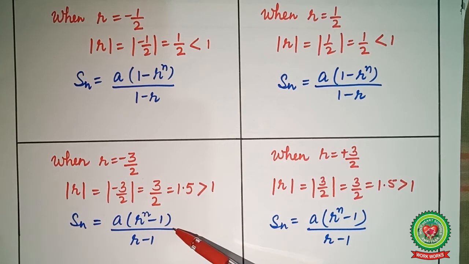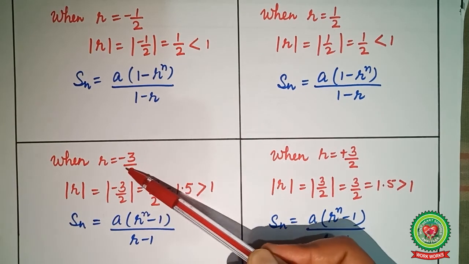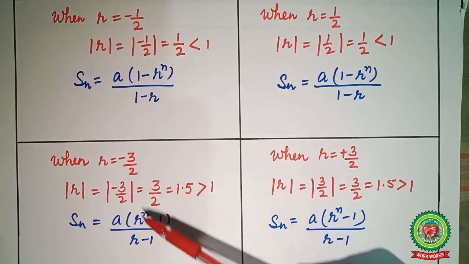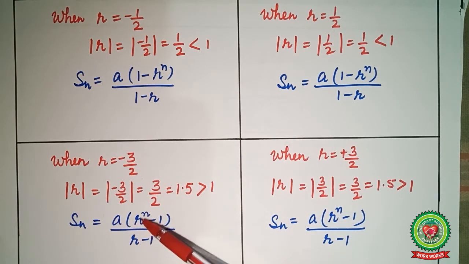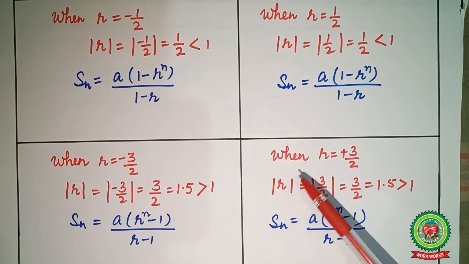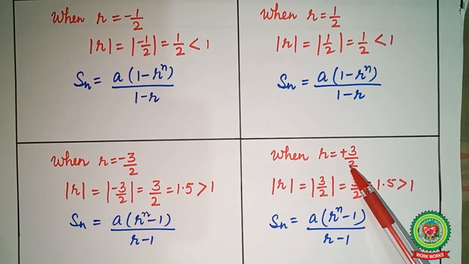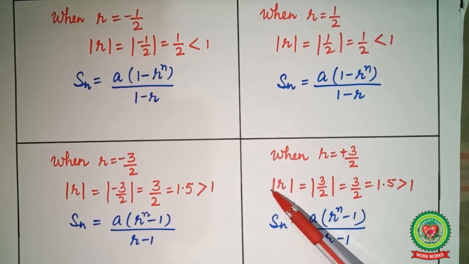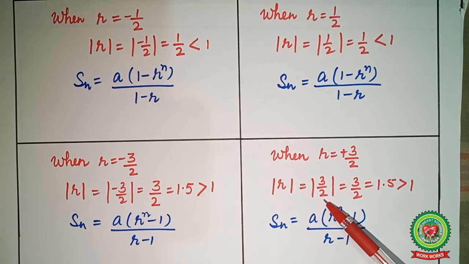So we will apply this formula, and we will not consider the sign. The formula becomes A multiplied by R raised to power n minus 1 upon R minus 1. Similarly for R equal to 3 by 2, it is already positive, so mod R is equal to 3 by 2, that is 1.5, greater than 1. So the formula is Sn equals A multiplied by R raised to power n minus 1